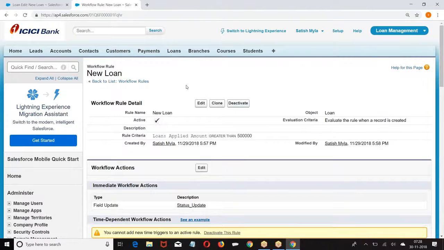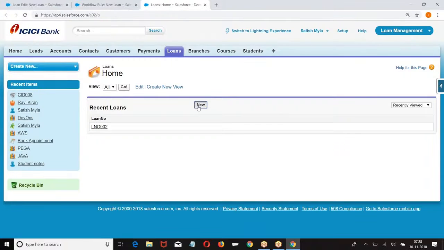Actually, whenever a new loan is created, when applied amount is more than 5 lakhs, automatically set the status equal to pending. So the value of status is modified as pending. So let us go back to the loan. New loan.